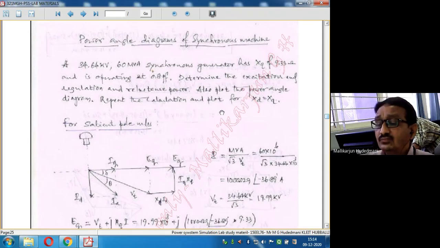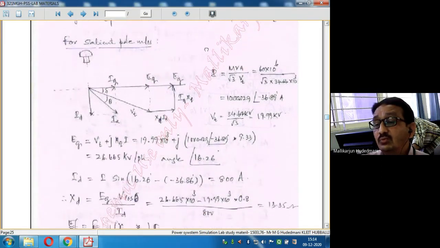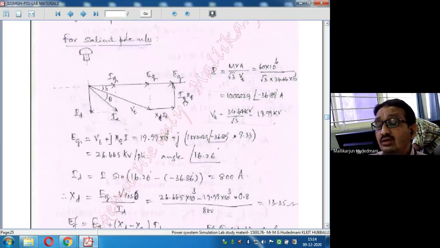Now, before we go to the problem, we have to understand some conceptual thinking of the vector diagram pertaining to a salient pole machine. Here I have drawn a vector representing, look into the arrows which I point. Look at the vector Vt. It is the terminal voltage of the synchronous generator. You should see carefully, which I am showing with the mouse cursor. Vt, the terminal voltage of the synchronous generator, has been given in the problem.